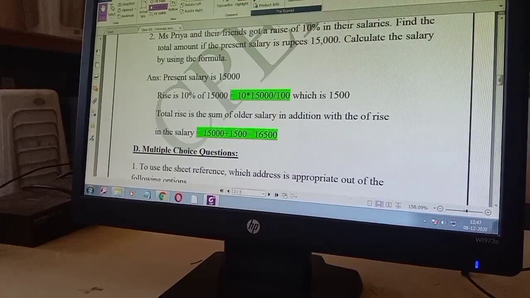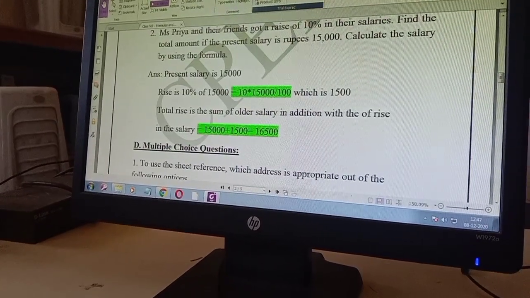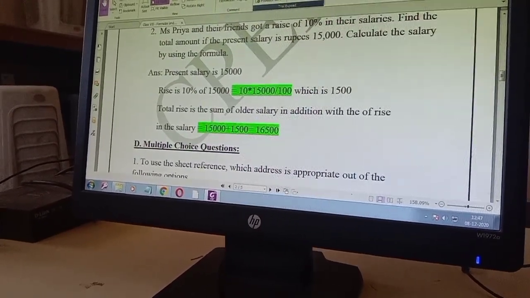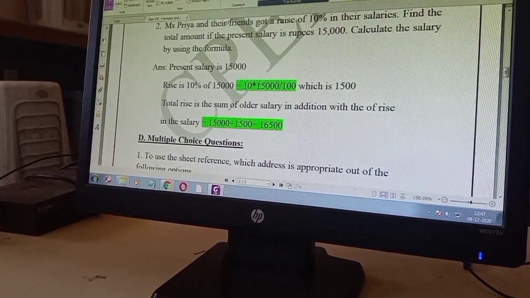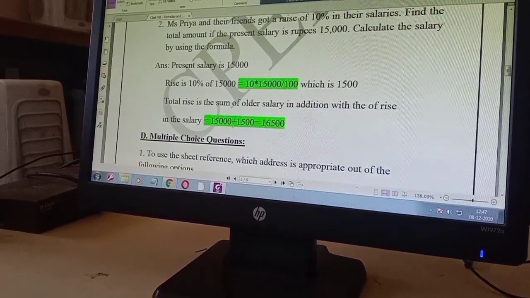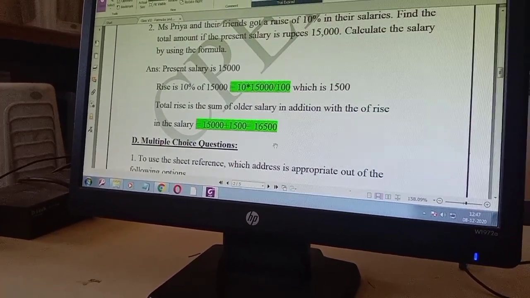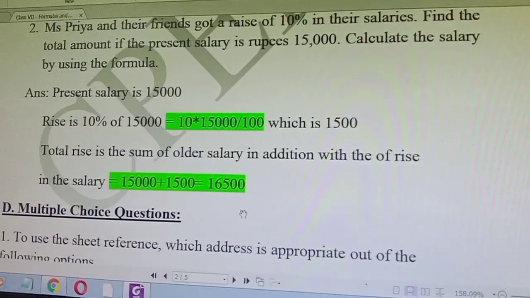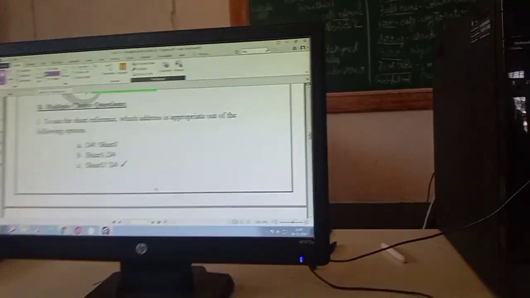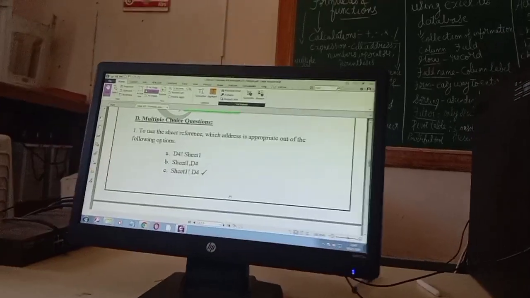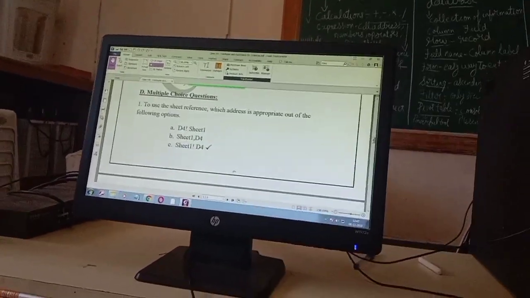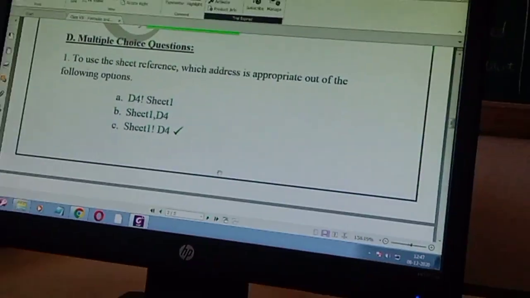Now the total is the sum of the older salary in addition to the raise in the salary, that is 15,000 plus 1,500. So the total salary will be 16,500.